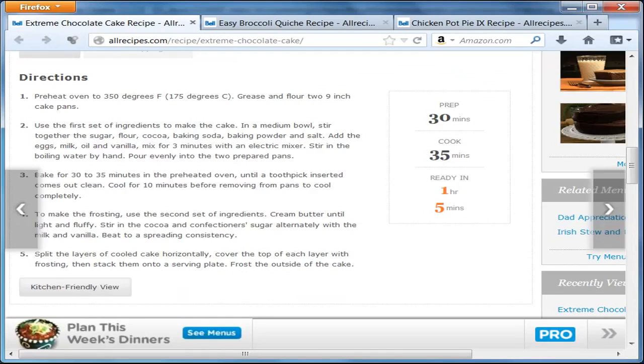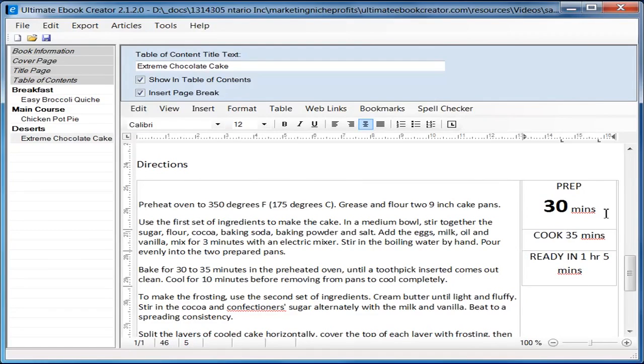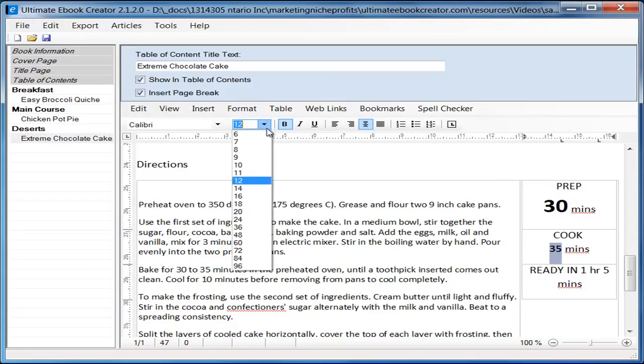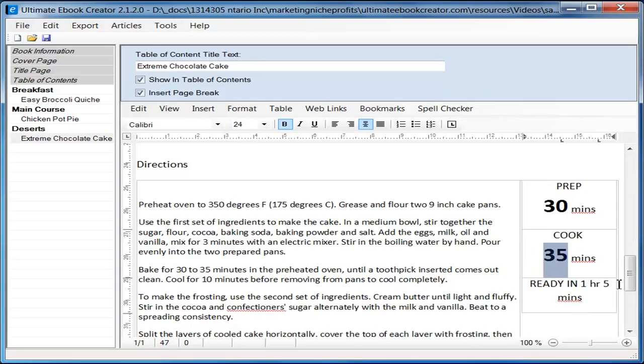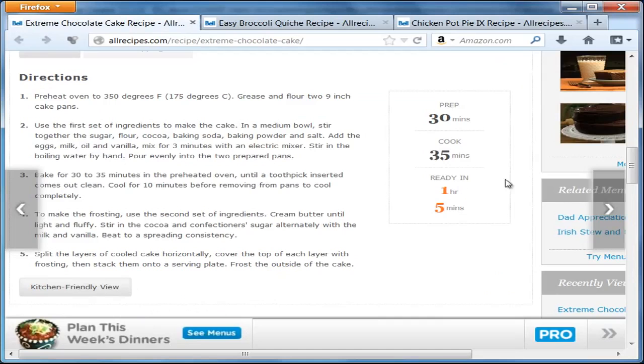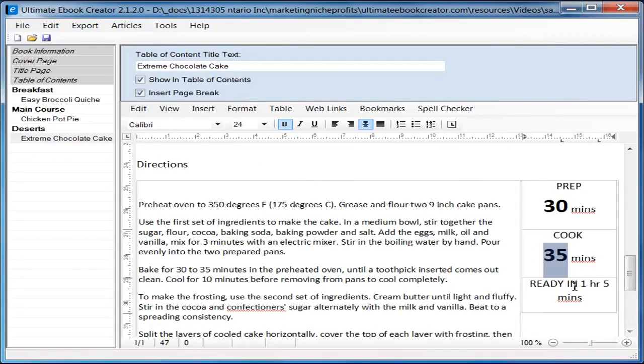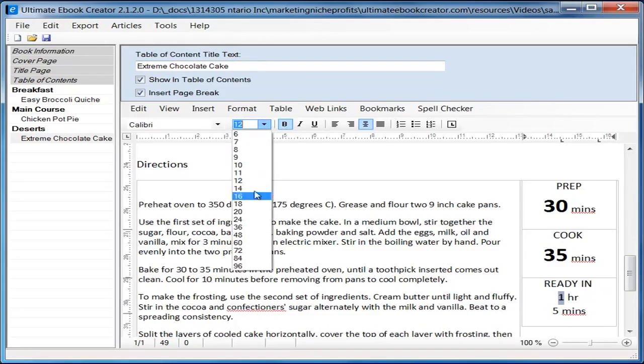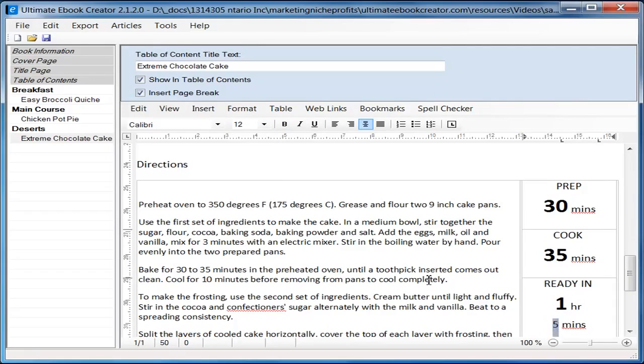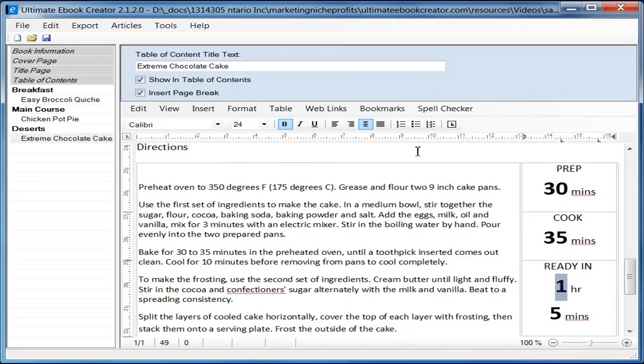So we've got cook and then 35 mins. So we've got cook, we'll press enter, and you've got 35 minutes again, so we'll bold that, and I believe that was, okay, that was 24, so we'll make that 24 too. Alright, and the last one we have is ready in 1 hour and 5 minutes. Once again we're going to highlight, make this 24, highlight, make this bold and 24, and this is actually a